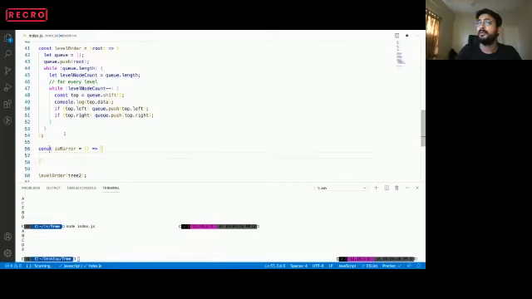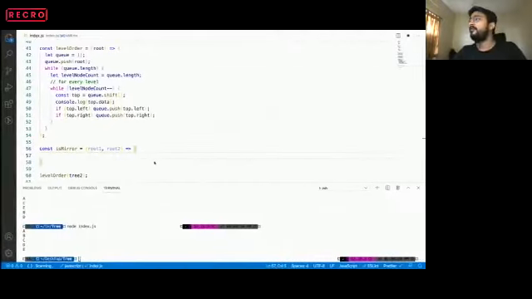We're writing a function which will help us to determine if the tree is mirror or not. We are passing two trees to it, two roots. So we'll pass root 1 and root 2, and we'll try to solve it using recursion.